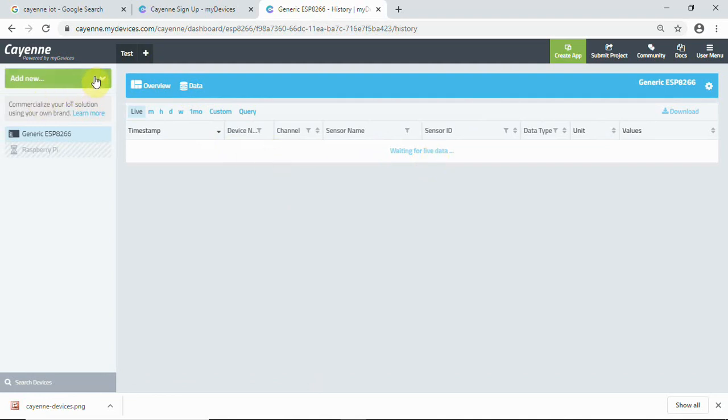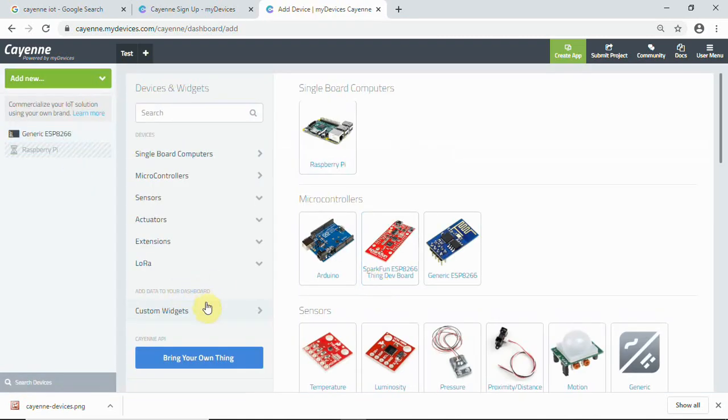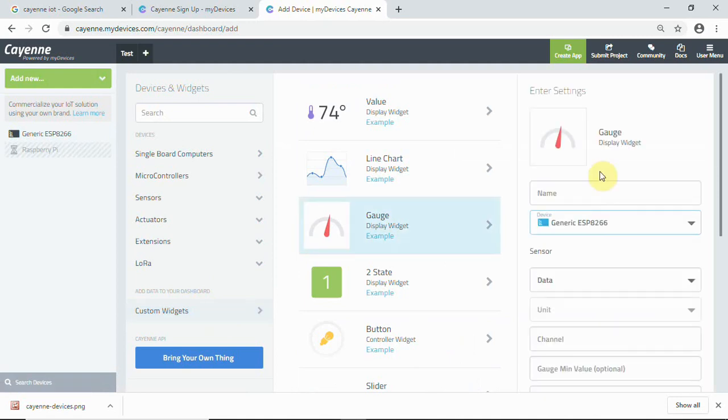And now what we'll do is try to add a widget here. We'll have to click on add new and device widget. Here we have custom widgets, and we'll simply select a gauge. You can name that temperature.